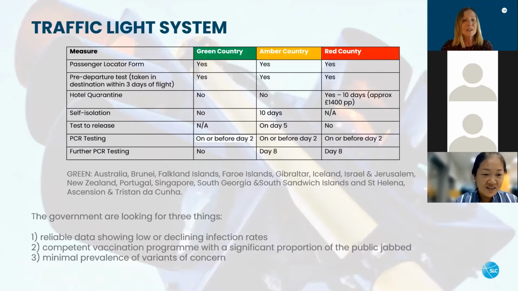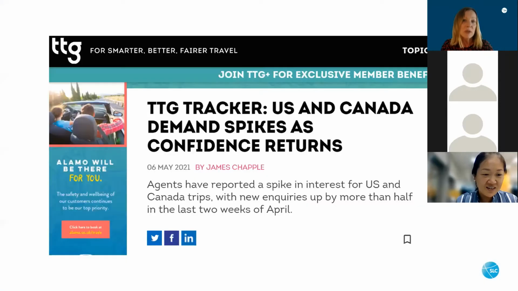category the country is going to go on to, and that's reliable data showing low or declining infection rates, a competent vaccination programme and a significant proportion of the public being jabbed, and also a minimal prevalence of variants of concern. And those are the things that the governments are going to be reviewing to decide which countries go on